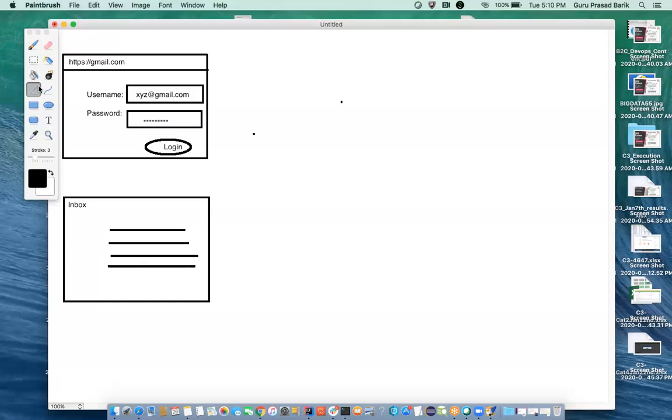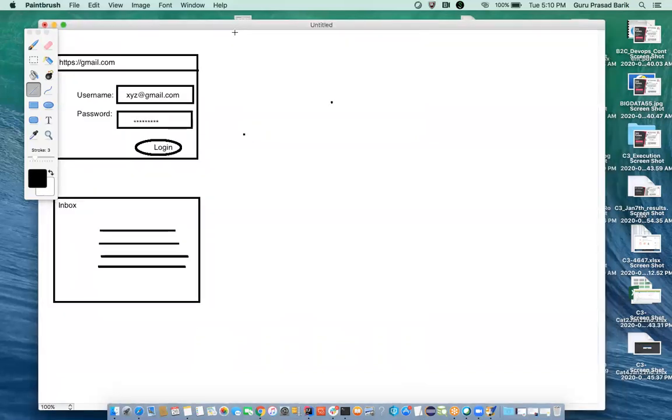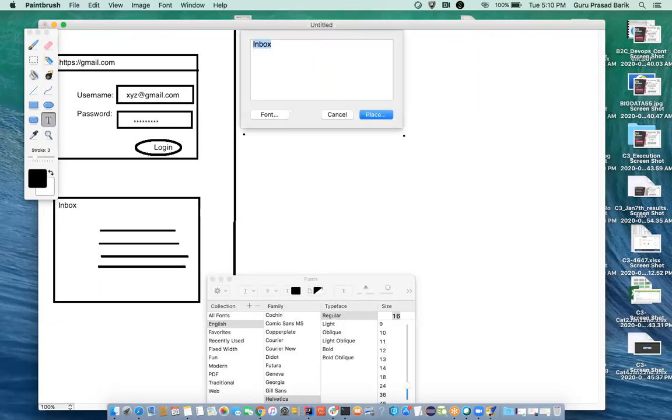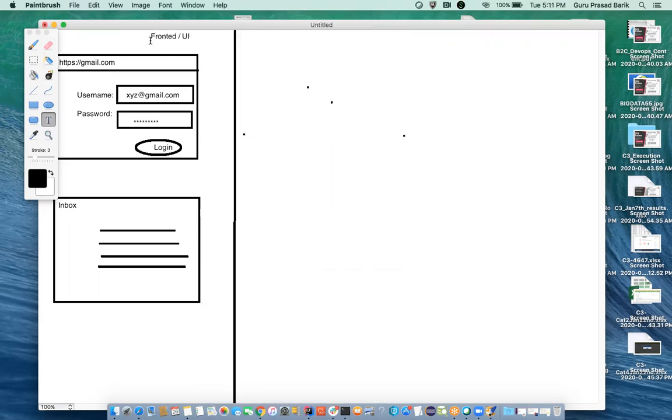So this is called your front end. And this front end is otherwise called UI. So why is it front end?